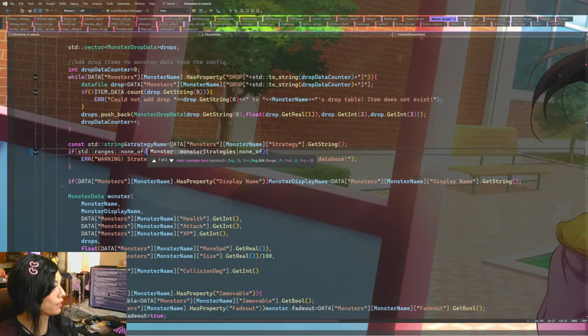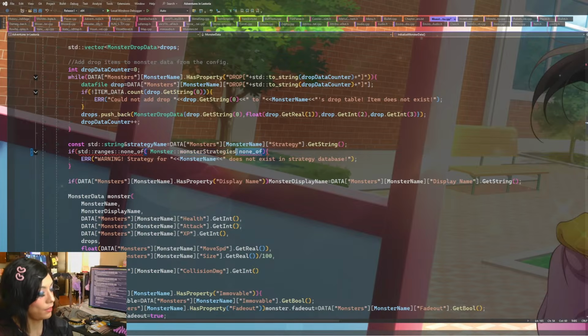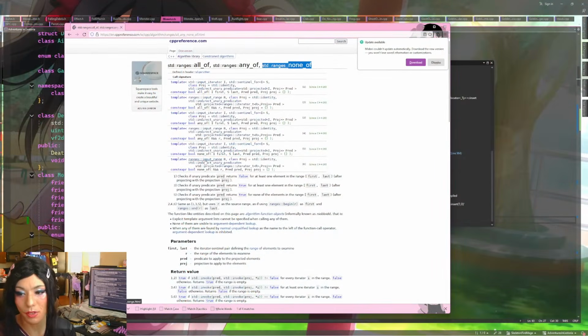Standard ranges none of. Provided a range predicate. And it returns... What does it return? It just returns a bool. Okay, I guess that's easy.